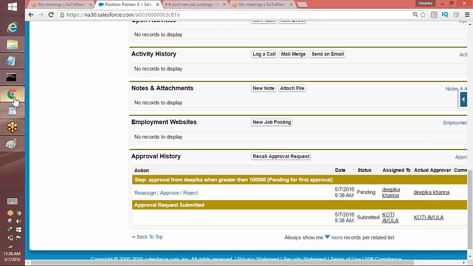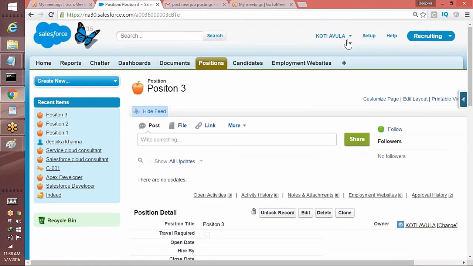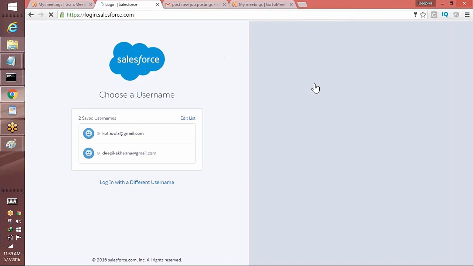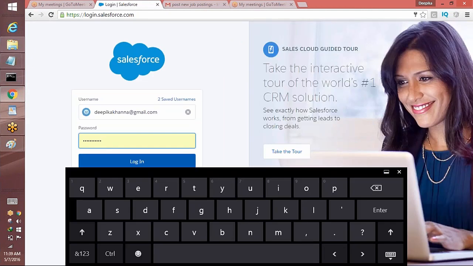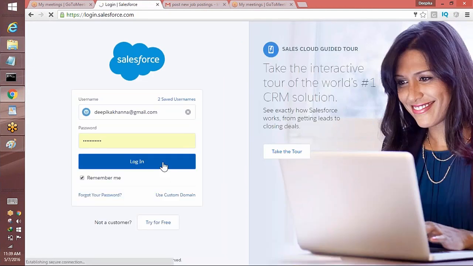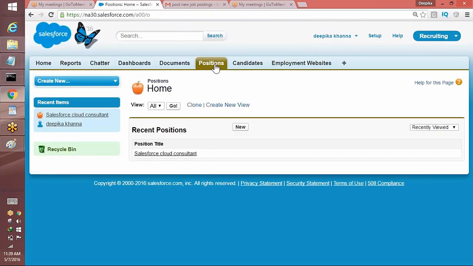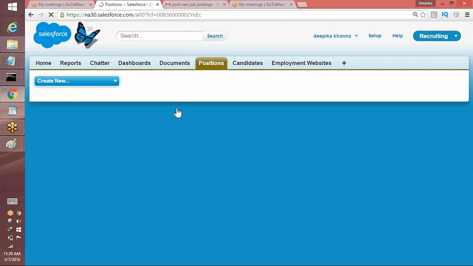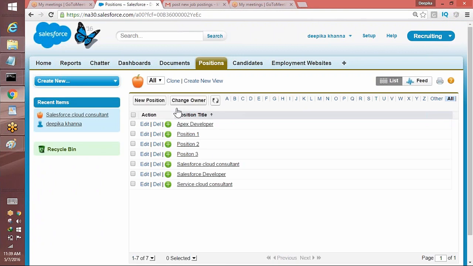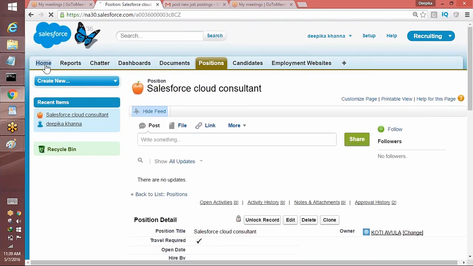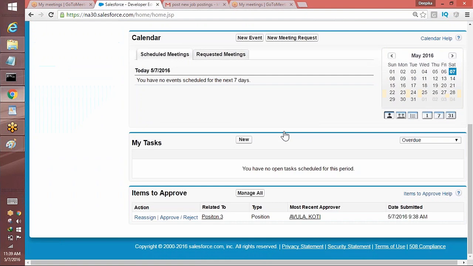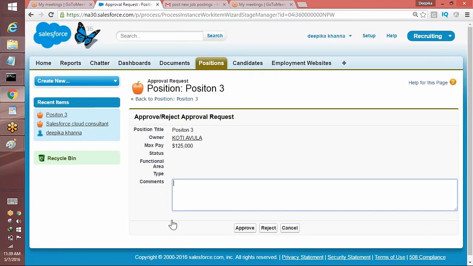Now if I log out and log in back again as Deepika, let's see what happens. If you go to the position, position number 3, sorry, if you go to the home, the first thing you will see is that you need to approve this position. If I go ahead and click on approve and reject, see these are the, remember I